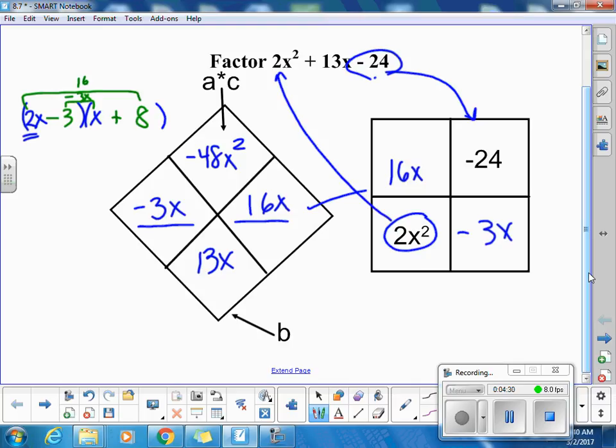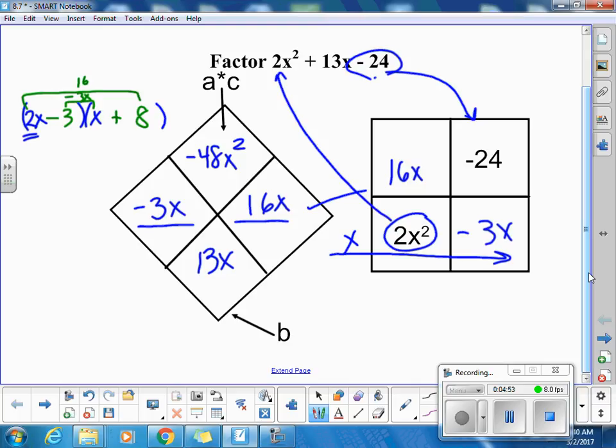I'm looking for two things that multiply together right here to give me 2x squared, and I also want to look at the numbers with it. So if I look this way, I have a 2x squared and a 3x. The common factor there is just going to be x. If I look the other way,